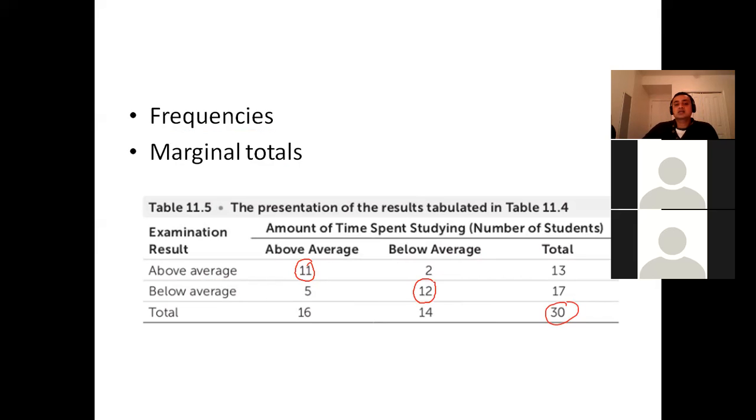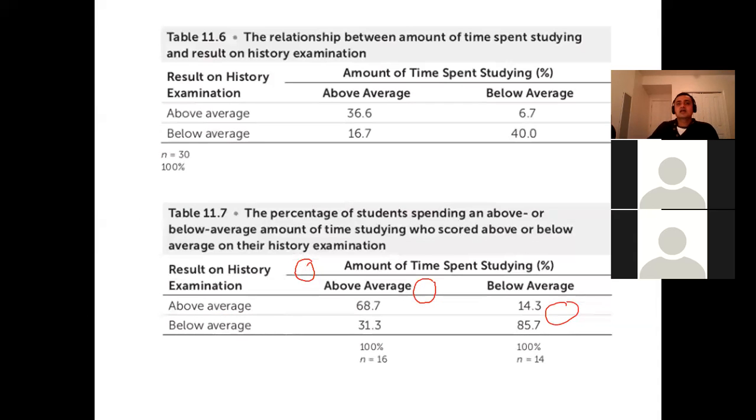Now, you might not want to present actual numbers. You might want to present a percentage, because percentage makes more sense. 30 is kind of an odd number. So it's sometimes harder for people to visualize what 11 out of 30 is. Well, how many percent is it? What percent is 12 out of 30? Is 12 out of 30, how much more is it than 11 out of 30? So people will often use